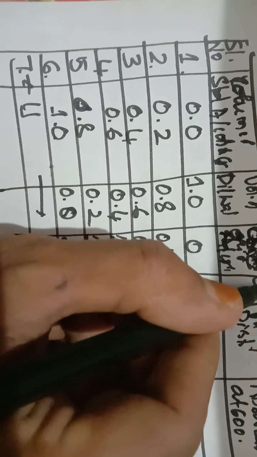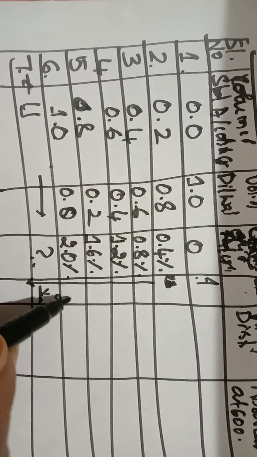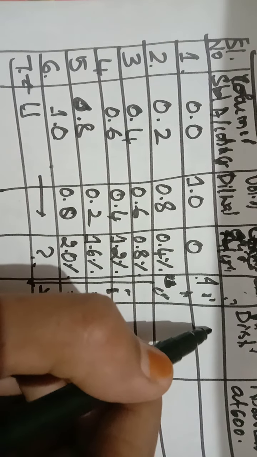After that we need to add chromic acid. How much chromic acid do we need to add? 0.5 ml of chromic acid. Then we keep it in a boiling water bath and cool to room temperature. Then we add 2 ml of distilled water to all the tubes. Here also you need to add the chromic acid even to the unknown, and then 2 ml of distilled water, and then we take the absorbance at 600 nanometer.